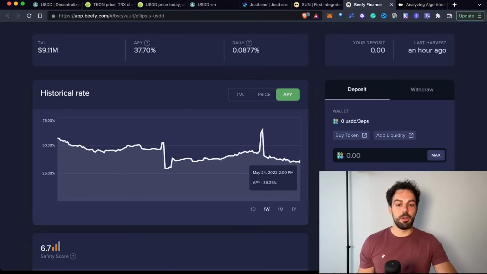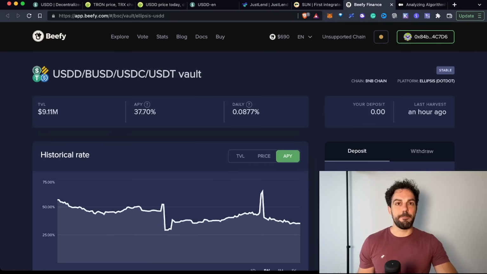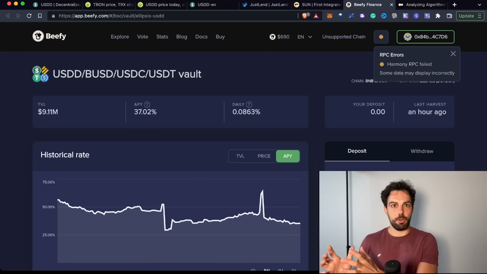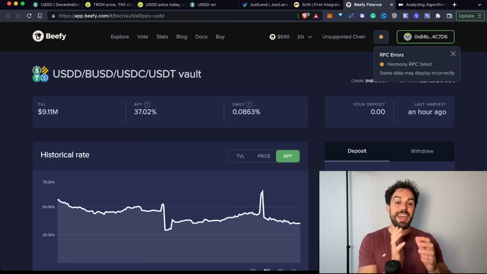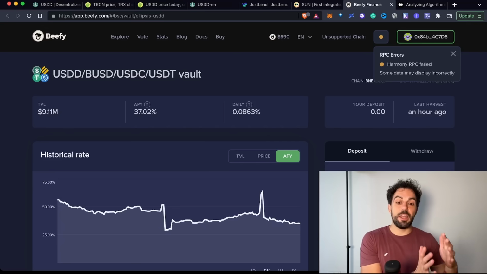Is it safe or not? First of all, we need to remember that there is no 100% safe stablecoin. If I have to give my personal ranking, I prefer to stay with USDC and USDT, which are the centralized stablecoins. After that, we have the over-collateralized ones like DAI and MIM, and only after that the fractional ones, like Frax, and only at the end of the security ranking we have the algorithmic stablecoins.